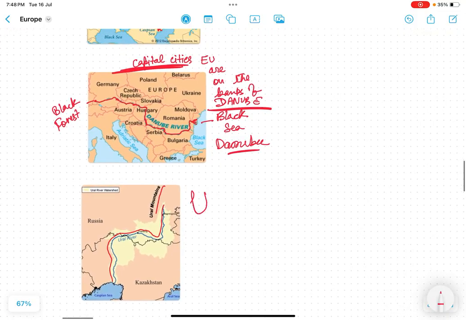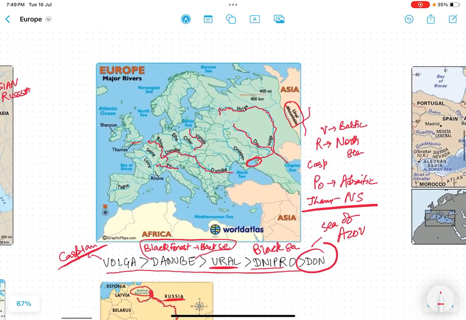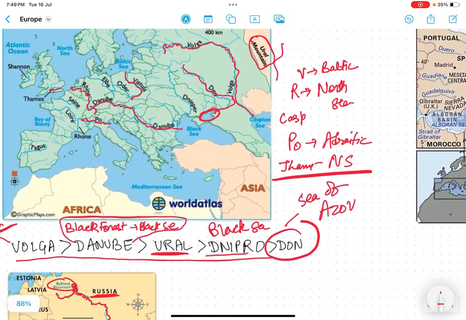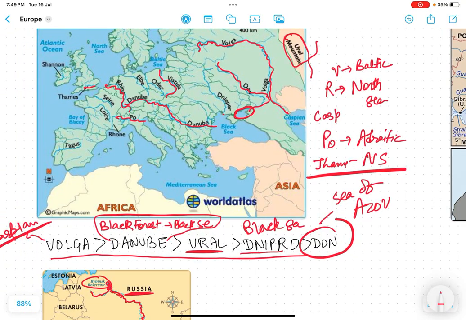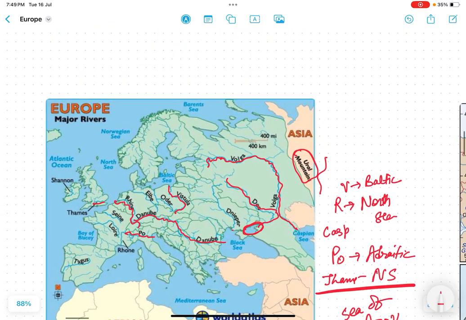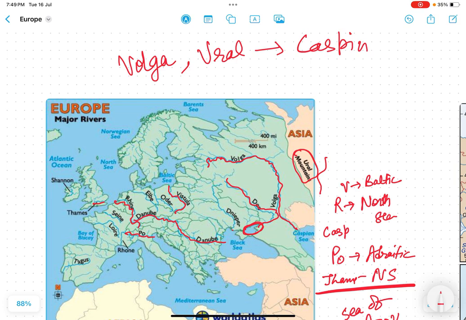So we have to write Ural is into Caspian, right? So we have seen the rivers. I have to repeat once again. Volga goes into Caspian Sea, and Ural River goes into Caspian Sea. So Volga and Ural both go into Caspian Sea, right? Caspian Sea. Whereas